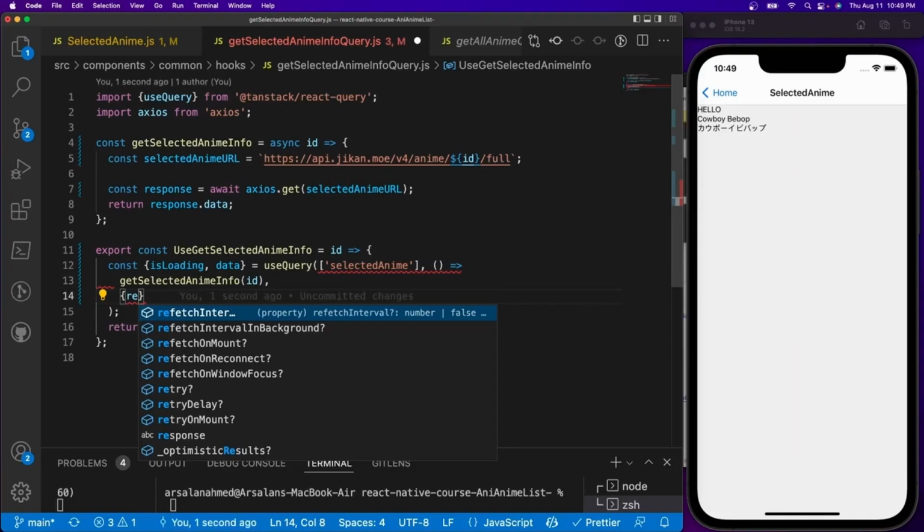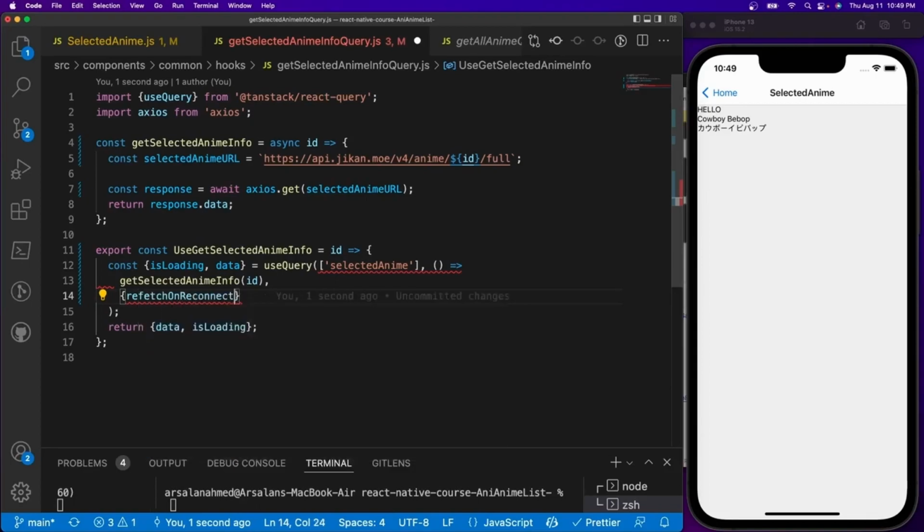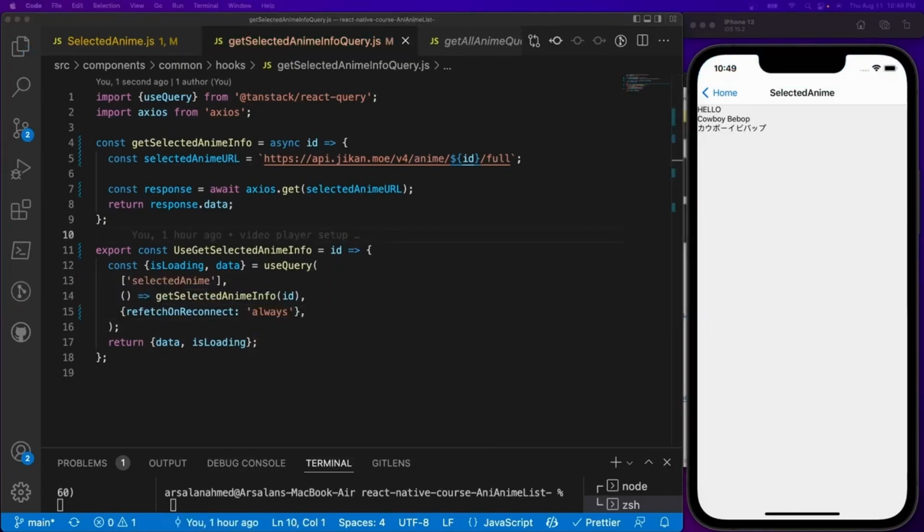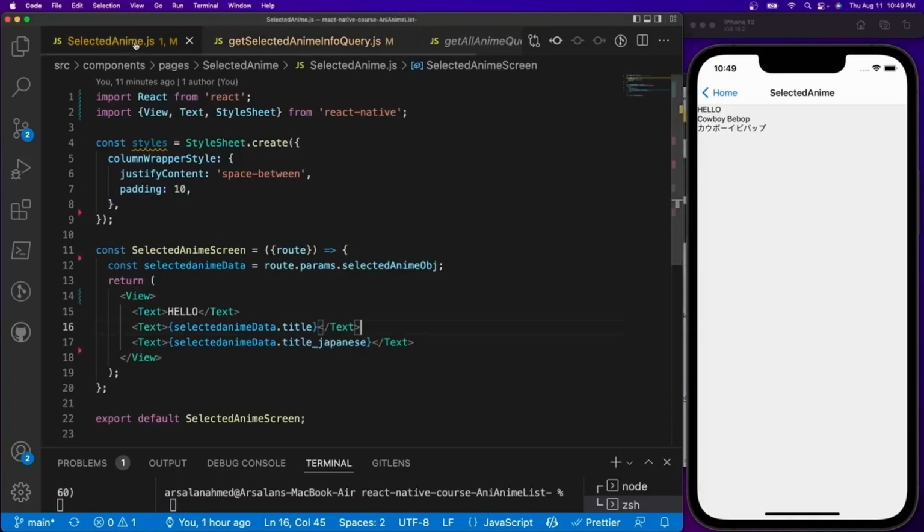So we're going to be making a curly brace object, and inside of here we're going to call something called refetchOnConnect, and we're going to do quotes, and we're going to call always. Perfect. So now we're done with calling the API and querying everything. Now we got to go back in the selected anime, and inside of here let's go ahead and start building